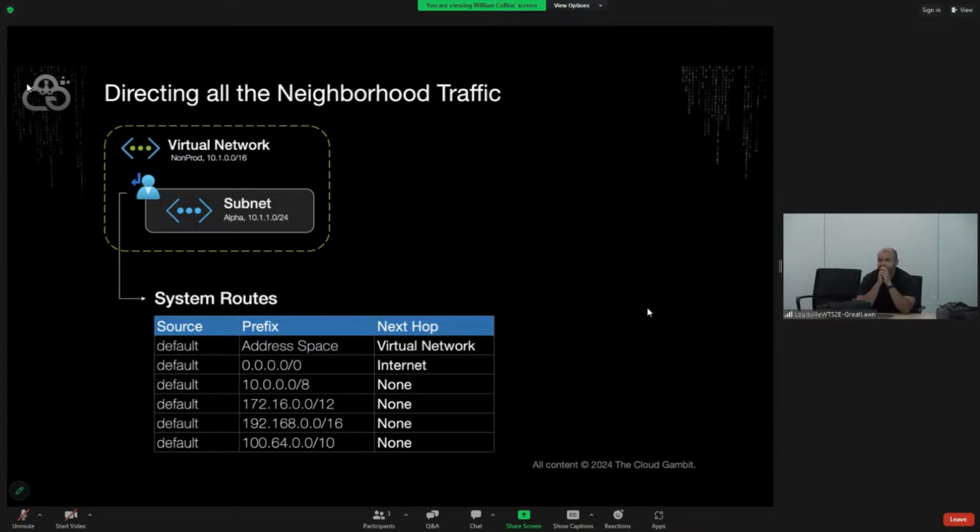And this was really confusing to me when I first started working in cloud, because I was like, what the heck? I want to have control. I want a router. I want to see a forwarding information base. I want to see the routing table, and I want to be able to control exactly how packets are flowing. And the thing is,